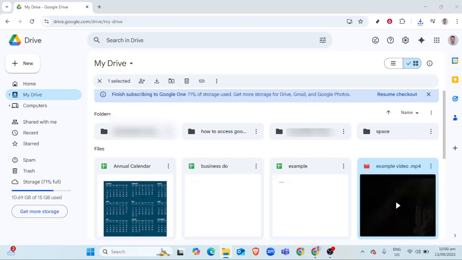And there you have it. By following these steps, you've successfully downloaded a video from Google Drive to your computer. This method is handy for backing up your videos or when you need to access them offline. Remember to always keep your account credentials secure and double-check that